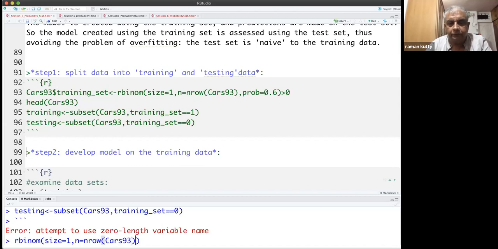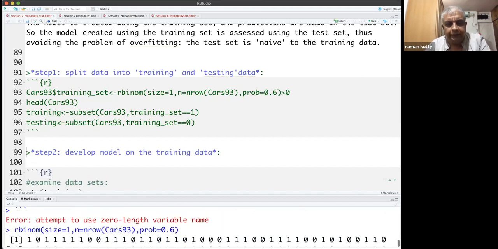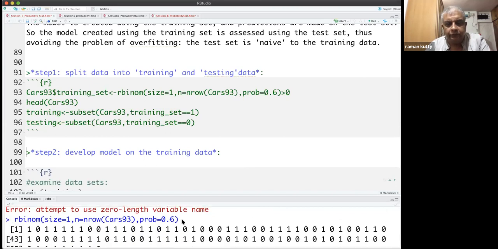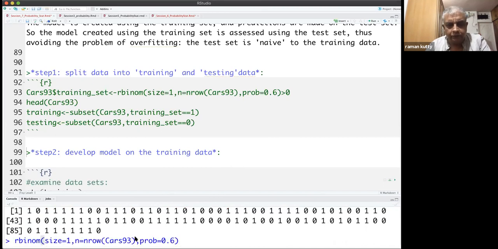Yeah, we are getting the ones and zeros, so it should be okay. But I don't know what went wrong.